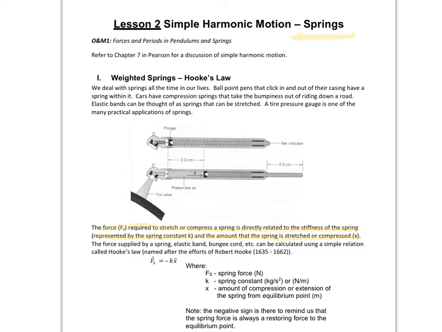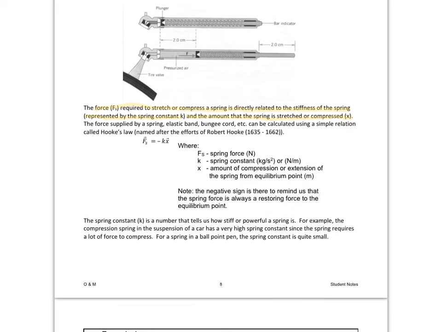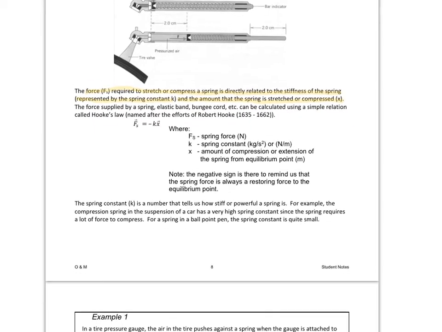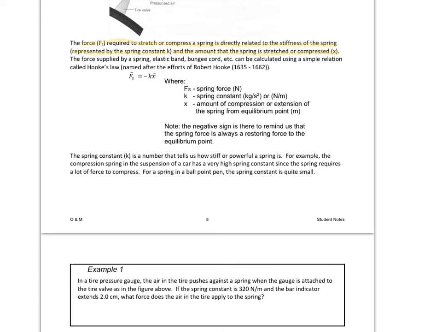All right. So this force supplied by a spring, an elastic band, something that's stretchy, can be calculated using a relationship called Hooke's law. And Hooke's law is the force of a spring is equal to the negative K, which is our spring constant, times X, which is the amount the spring is compressed or stretched. Now notice that X is a vector, so we do need to consider whether it's a positive or negative